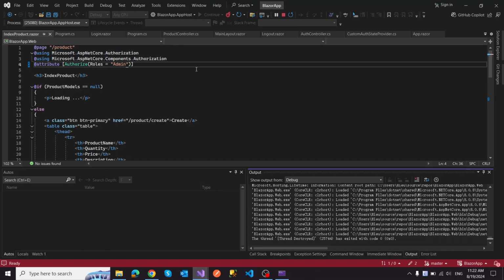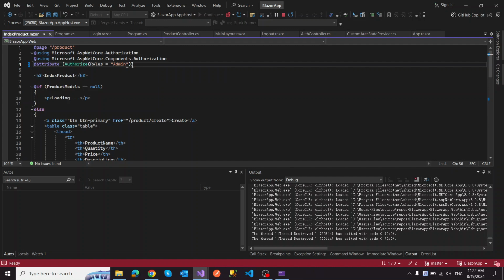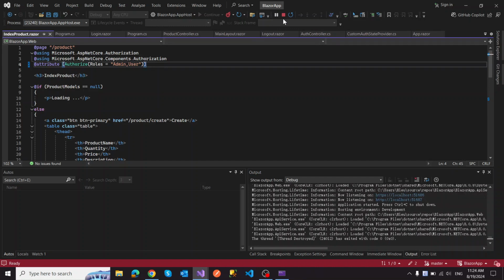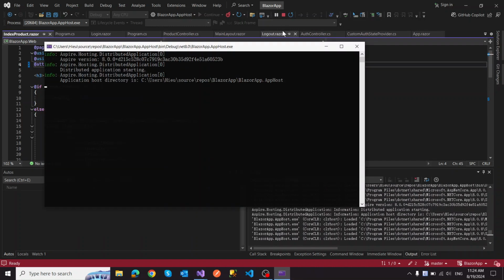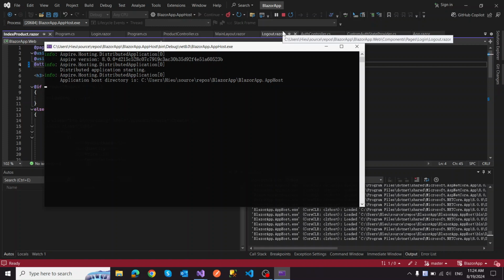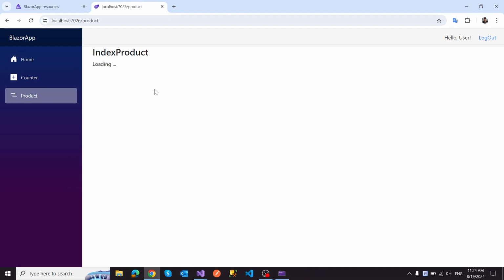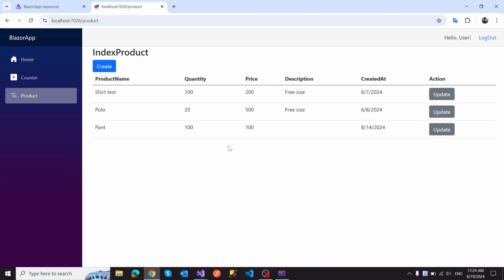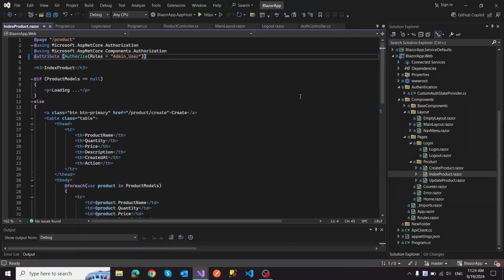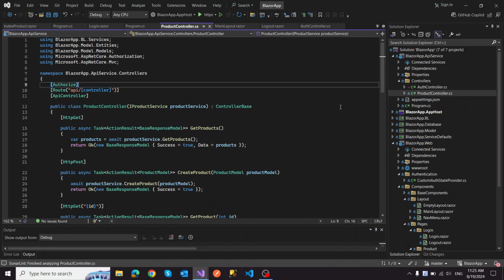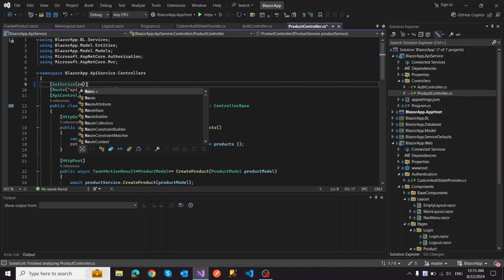Here, we can set multiple roles to see this page. Let's add the user role, then restart the app. Now we can see the product list with the role as user. With the backend, we can set the role-based authorization with the Authorize attribute like we just did. Go to Product Controller. Set the role as admin